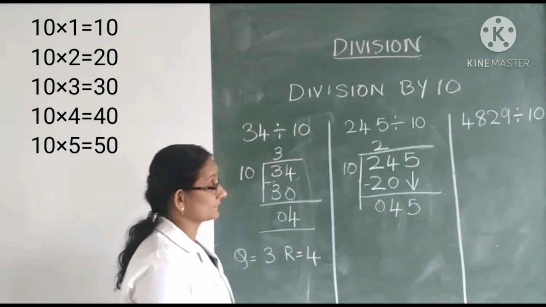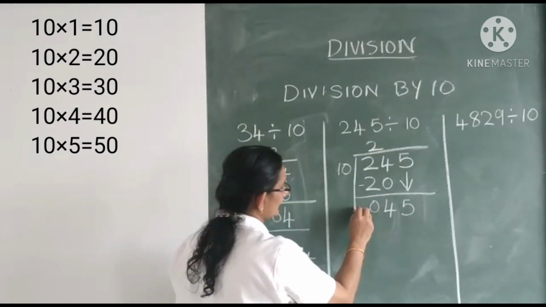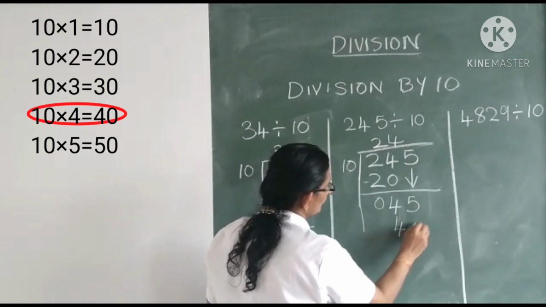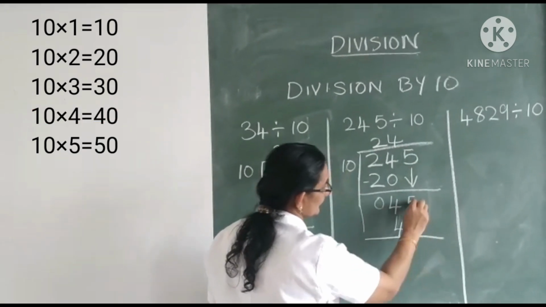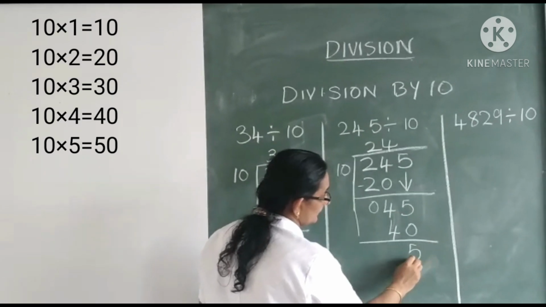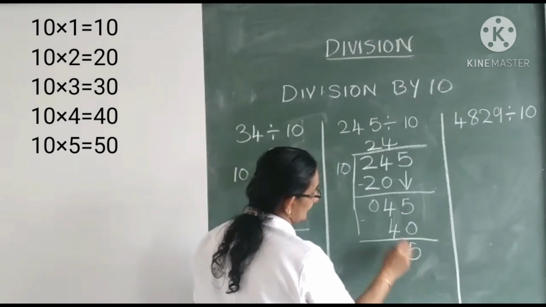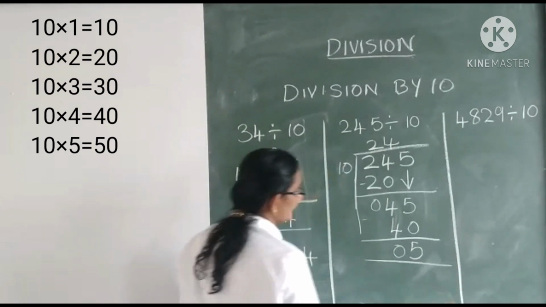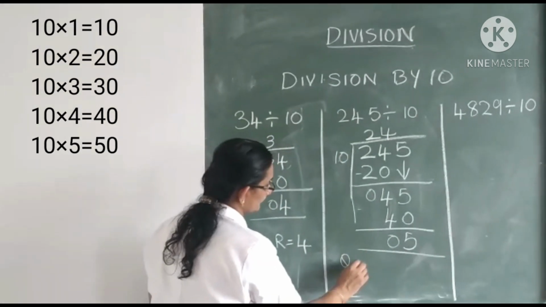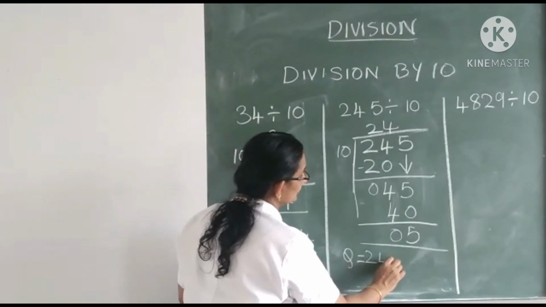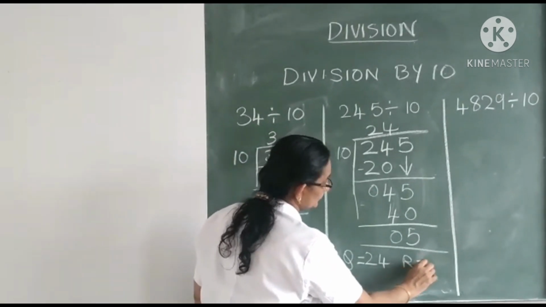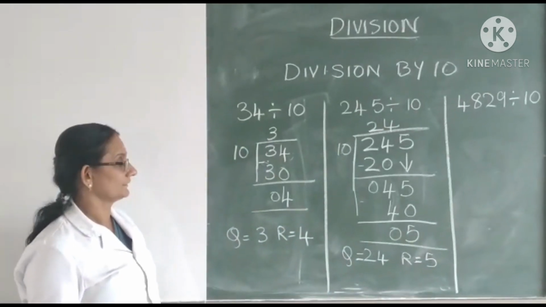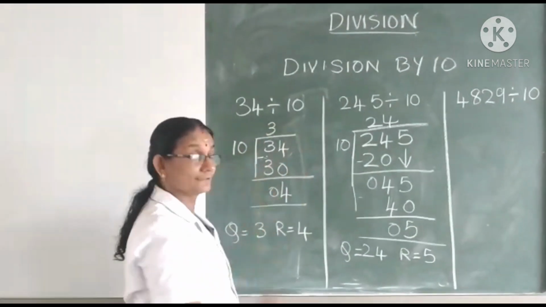Now, how many times 10 will go in 45? Yes, 4 times, isn't it? So, 10 4s are 40. Now, subtract 5 minus 0 is 5 and 4 minus 4 is 0. So, tell me, what is the quotient here? Quotient is 24 and remainder is equal to 5. Isn't it? Now let us see the third example,